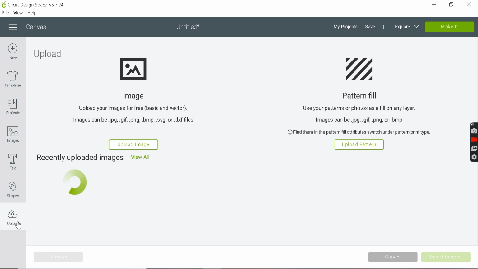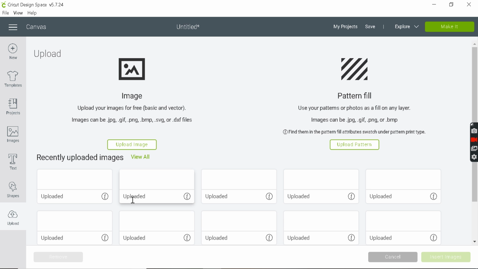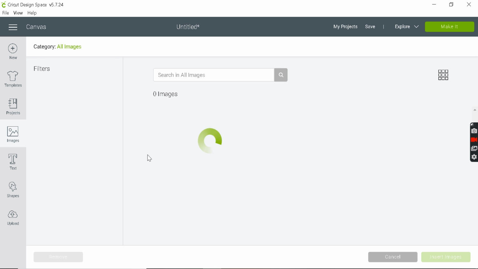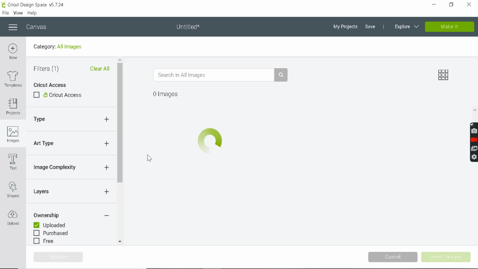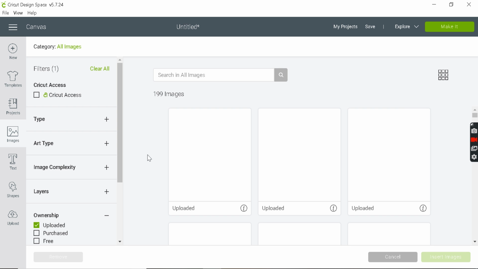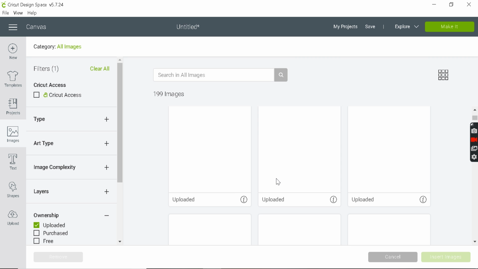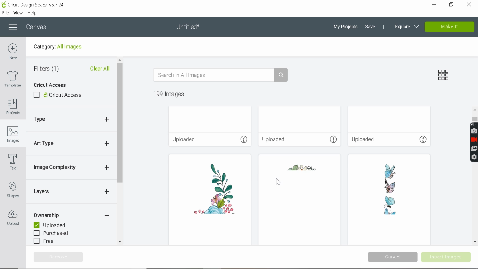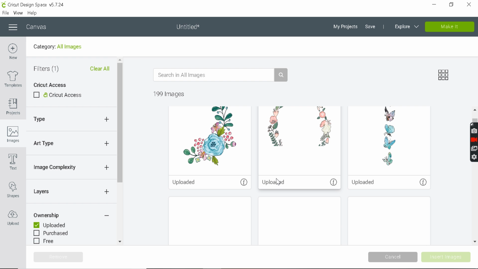I have a few images that I've uploaded onto my design space already, which I've used for making stencils. I'll be choosing a few from those. Yep, I have around 200 images that I've uploaded. Sorry guys, this might take a while to upload, so just bear with me.